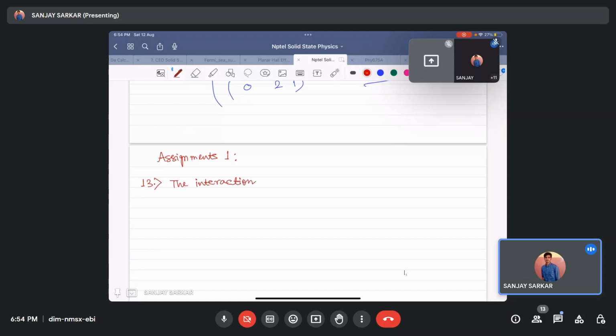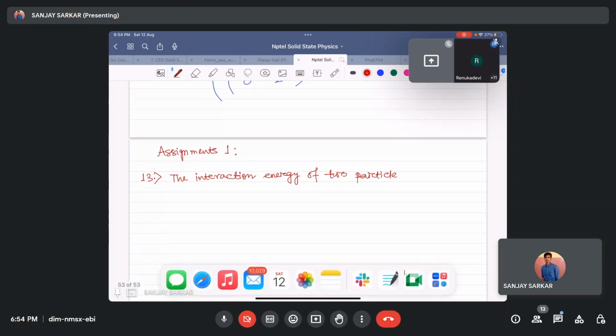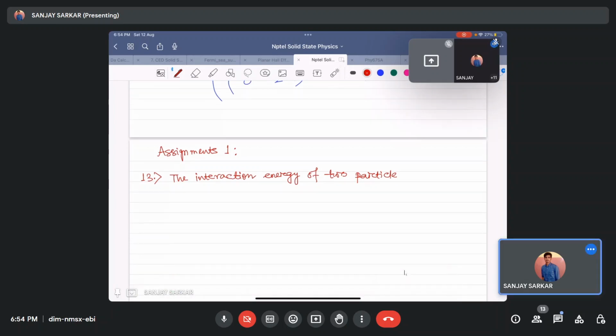The interaction energy of two particles. It will take time to write down the full question. Don't write the question, sir, only the function you can write. Yeah, so U of r is